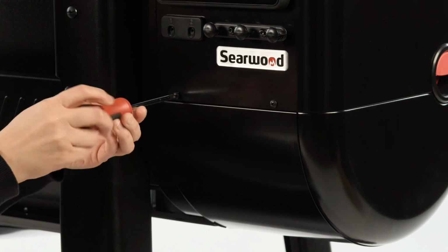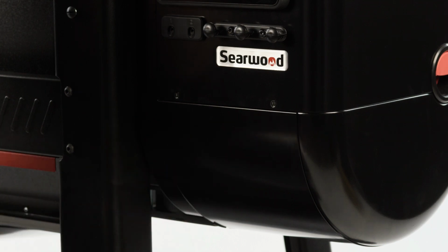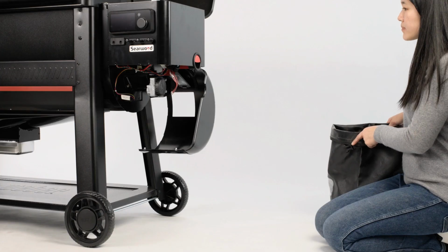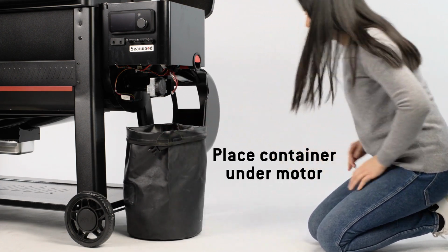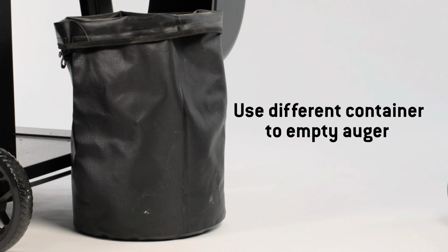Next, locate the easy access maintenance panel on the front of the hopper and remove the screws with a Phillips head screwdriver. Open the maintenance panel. Move the container under the motor to collect any remaining pellets as you remove the motor and auger. If you're clearing an auger jam, use a different container, as the quality of pellets in the auger may be